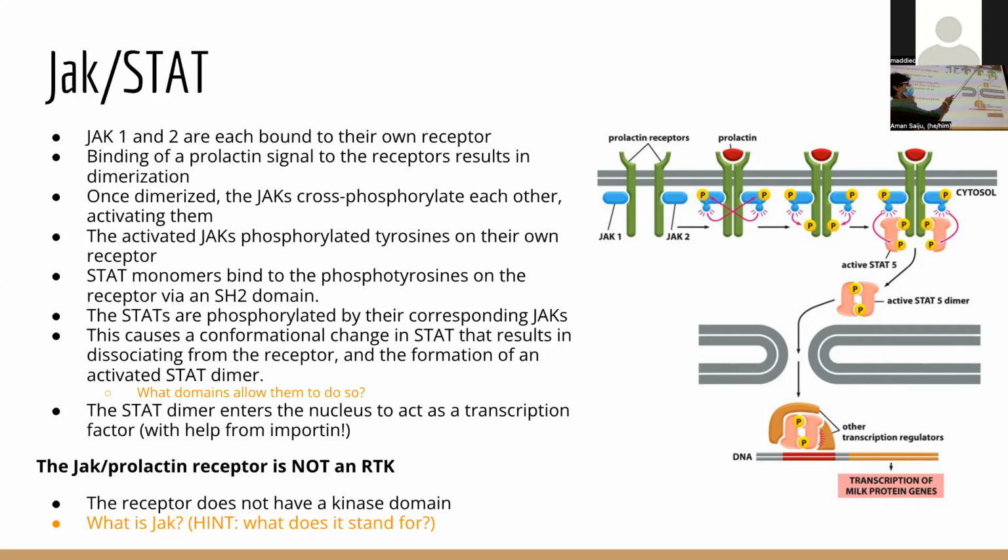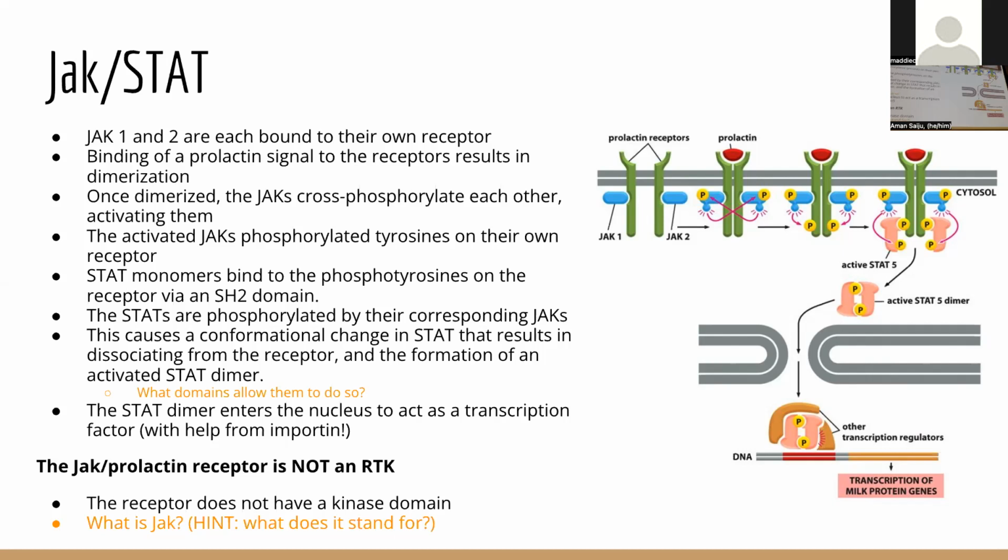Once they're active, they each phosphorylate their own receptor, right? So it's not cross phosphorylation the same way that the RTK does it, because the RTKs each phosphorylate each other. In this, the JAK is phosphorylating its own receptor. That make sense? Okay. Once it phosphorylates its own receptor, that acts as a binding site for the SH2 domain